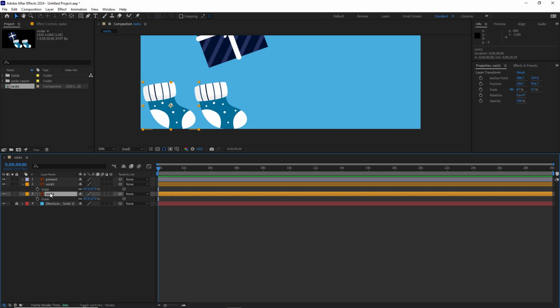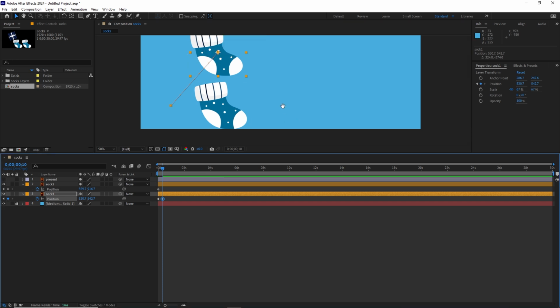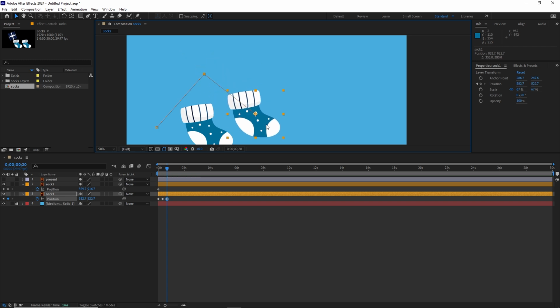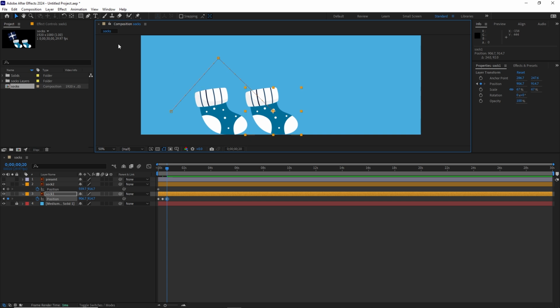So in the first tutorial, or the tutorial that I mentioned at the beginning, what we did is we went with the position, and I created a keyframe for both of the positions like so. And then I moved 10 frames, and I position this one to be a little bit up. I will temporarily hide the present, and then I move 10 frames more and I put this down like so, and then I went to the pen tool, convert vertex tool,